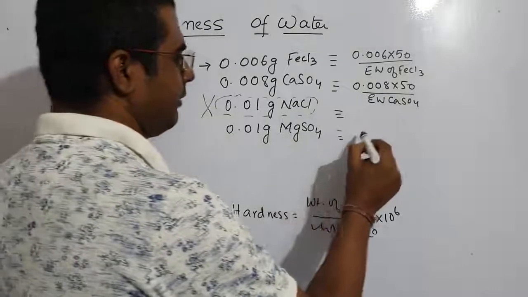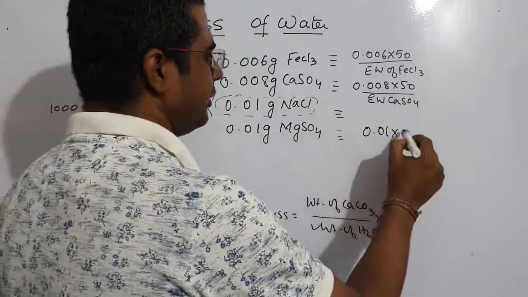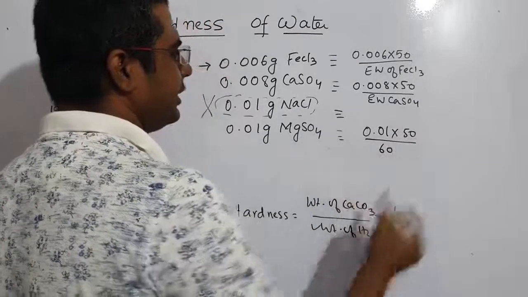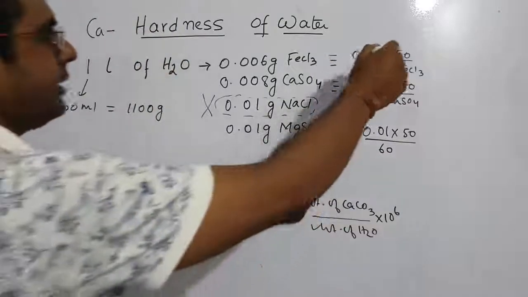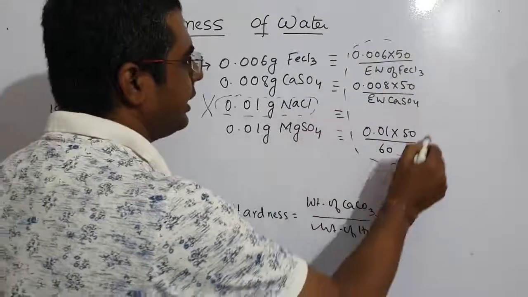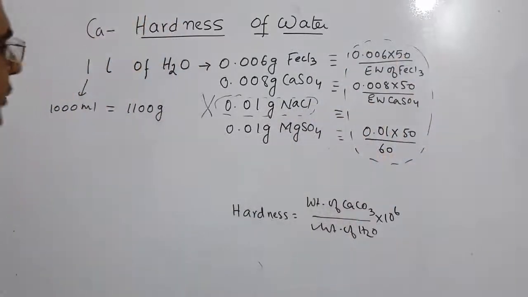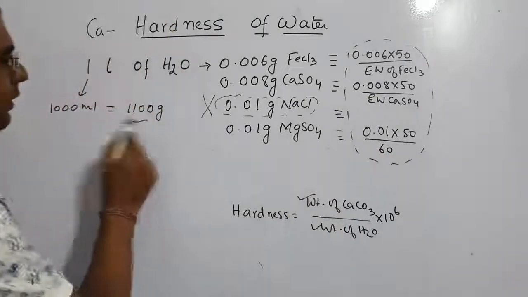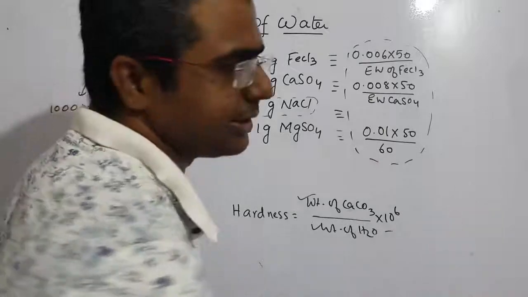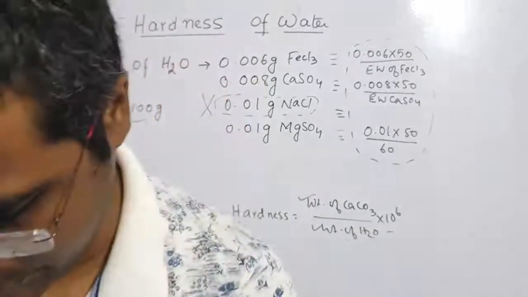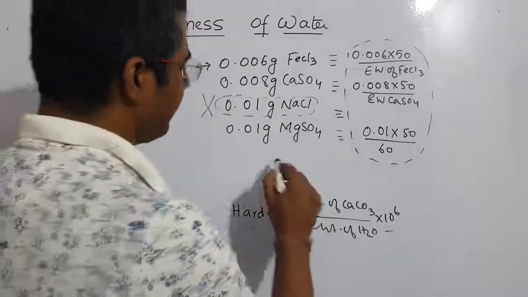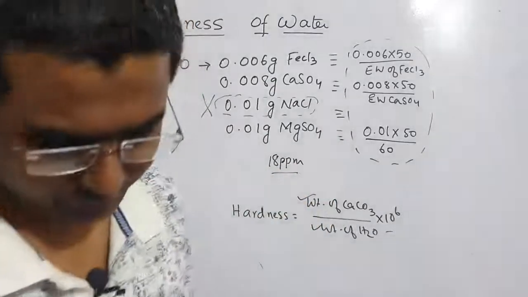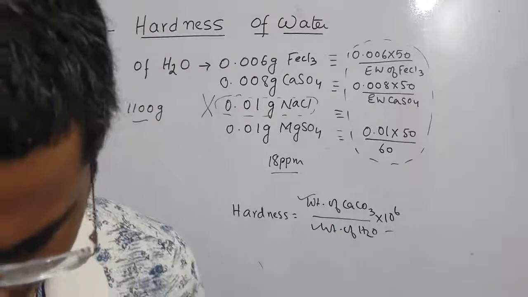Then for 0.01 magnesium sulfate, you can easily do 50 divided by the equivalent weight of magnesium sulfate, which we know is 60. So you know all the weights, you can get them from over here, right? You can add all these weights. So you will get the calcium carbonate weight divided by the weight of water, which you already have, into 10 to the power 6. Easy problem. Please complete this. The answer to this problem is 18 ppm. So you can check whether you are getting this answer or not. Okay? So this is homework for you.